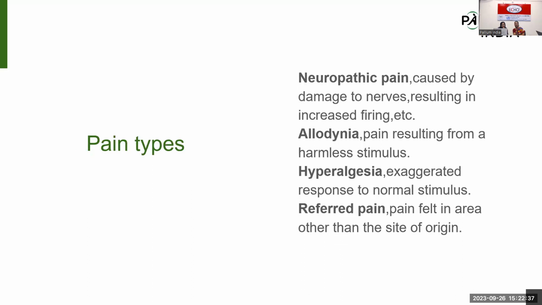Next slide. So in neuropathic pain itself, you have these four things. Maybe allodynia and hyperalgesia are new terms which you will come across when you read more about pain. That's what you would have been listening to in the last couple of days. These two are important because many times patients, without their knowledge, will be telling this. It's our duty to pick up on it. For allodynia, commonly, can anyone tell how a patient will express it?